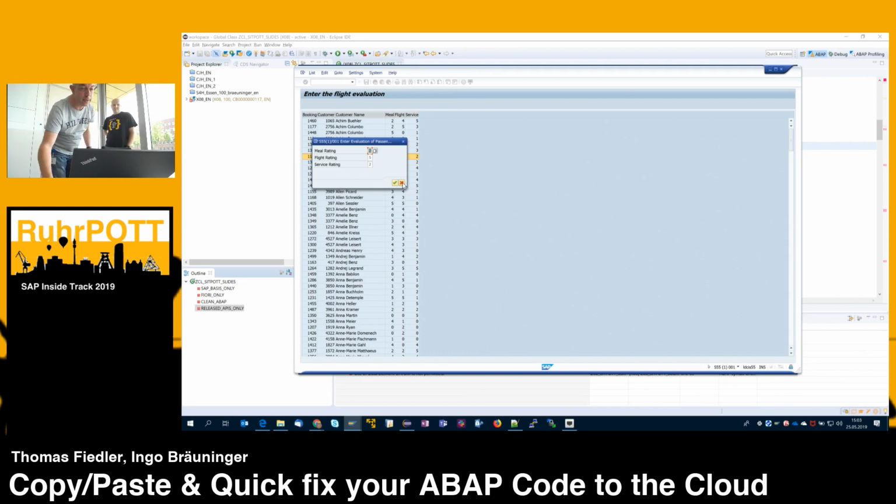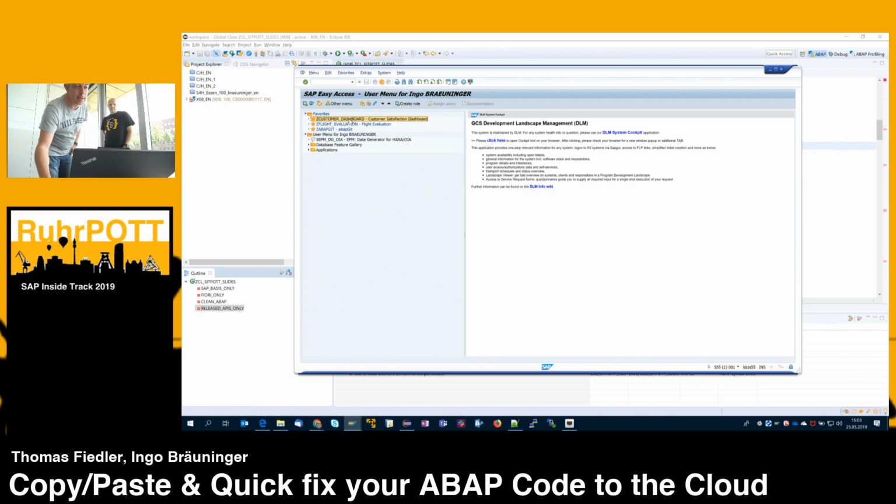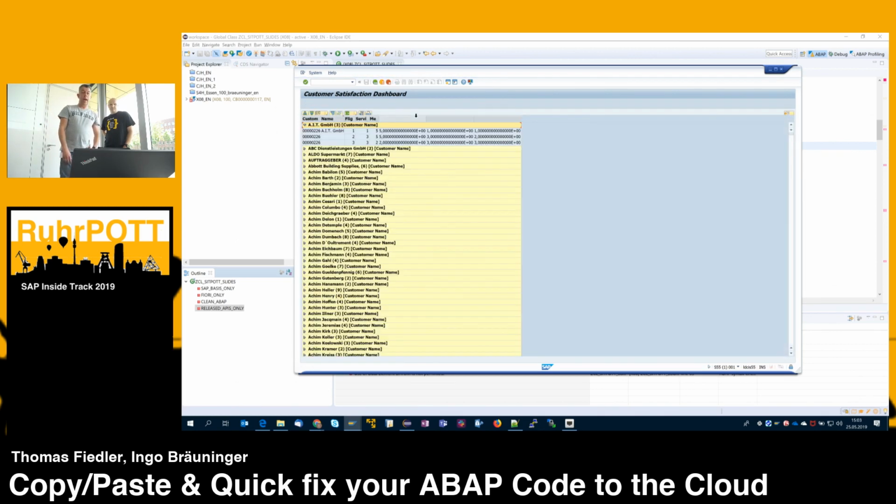So this was in the past. And now we heard that there is some new technology with the cloud. So we said, maybe we can take this application and put it in a cloud way. That means the passengers can use a mobile application and enter the data directly in that. Then via some kind of communication, the data is passed back to the ERP system. So this is the idea that we had. For sure, we also had some nice dashboards built with the ALV technology. These kind of things we also want to have in the new world.